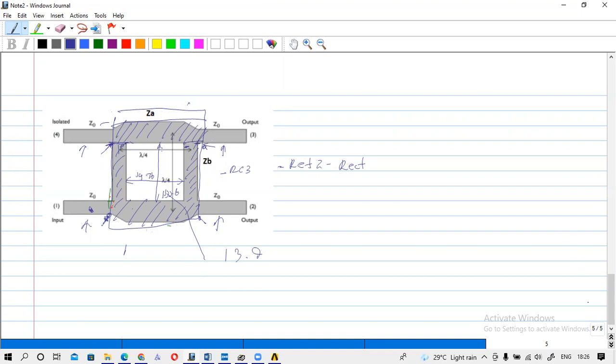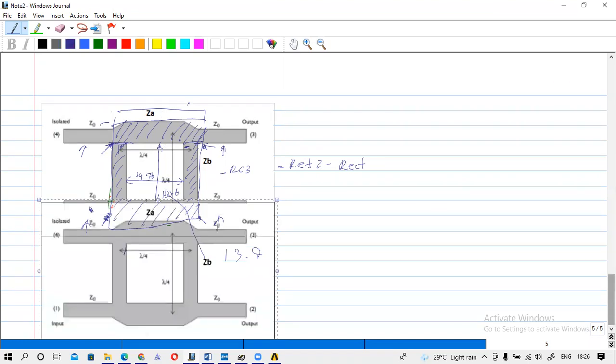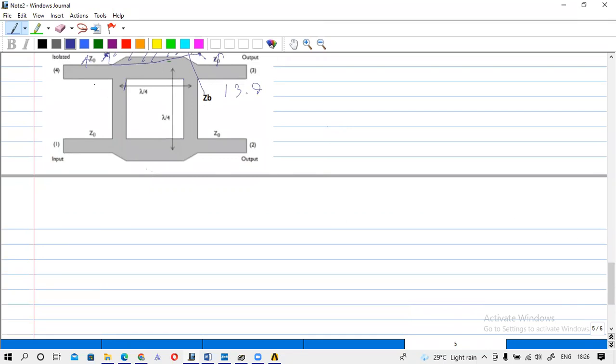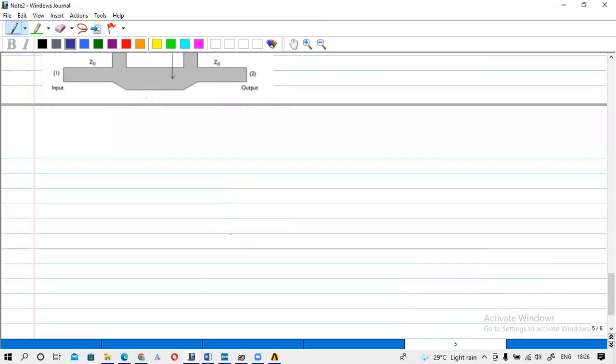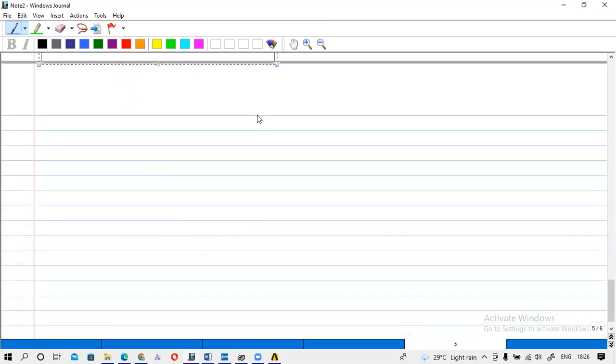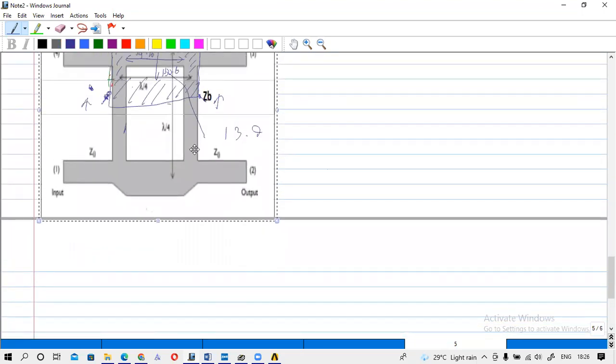So I think all required details are there now. Can you take some time and calculate this? I will calculate, but I think if you can do the calculation by yourself, it is okay. So I think I got one. So what you have to do is,